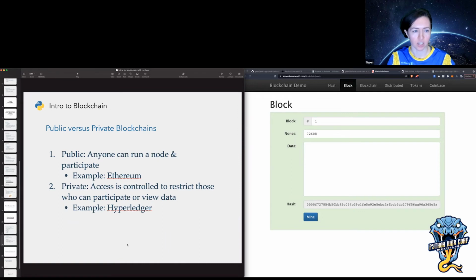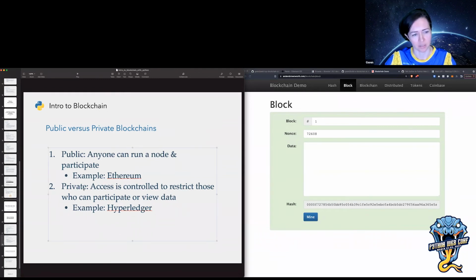A lot of private chains will only allow certain verified parties to participate. And that, of course, makes them more secure, as far as not needing a lot of different nodes to make them secure. But it also makes them more centralized. So yeah, there's different ways of thinking about that.